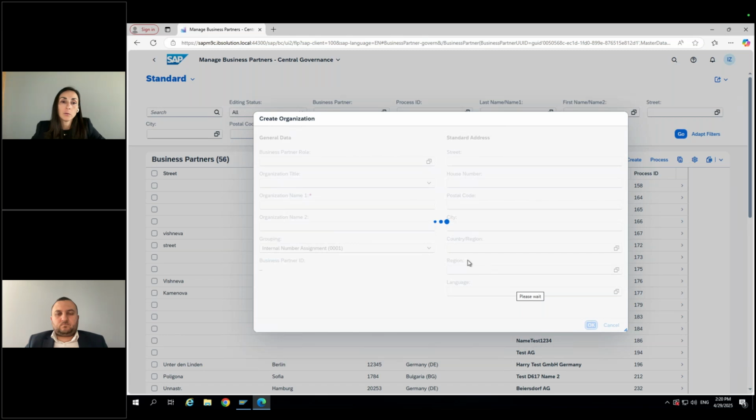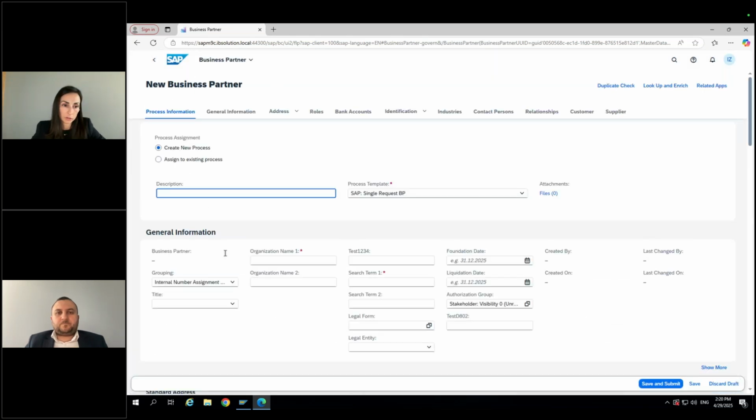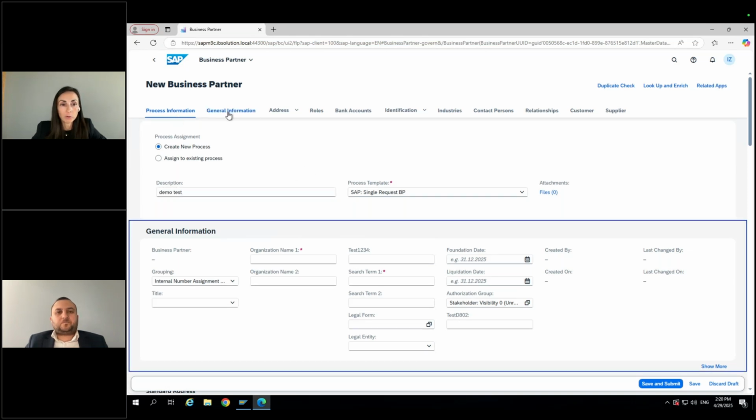Once we click OK, the system will open for us a creation screen. And here we can navigate, but now, as mentioned, through our completely new sections, which are placed here on the top, divided into logical sections for process information, which is relevant to the old change request header, general information.